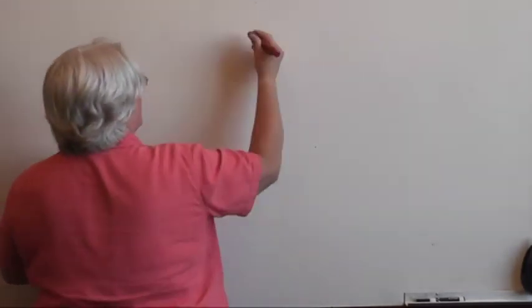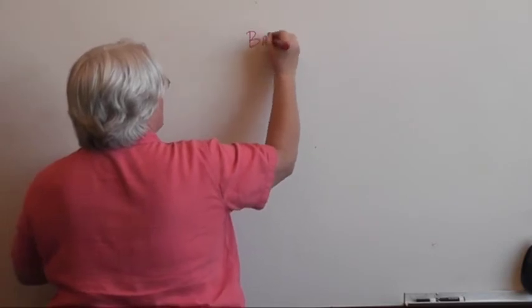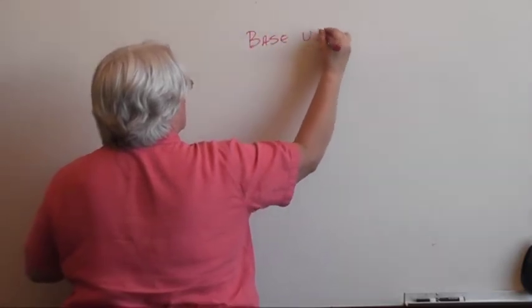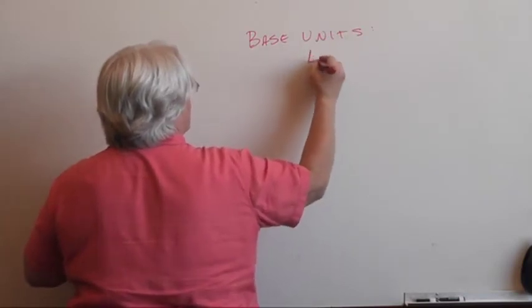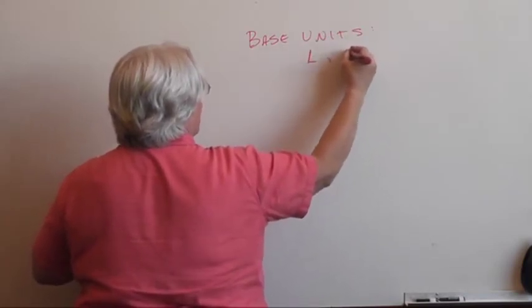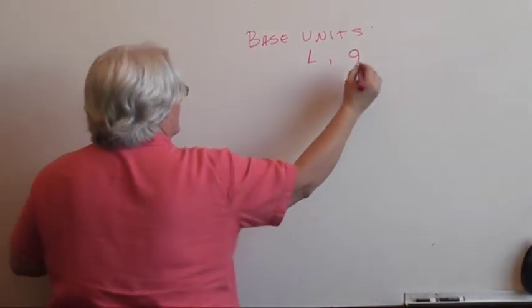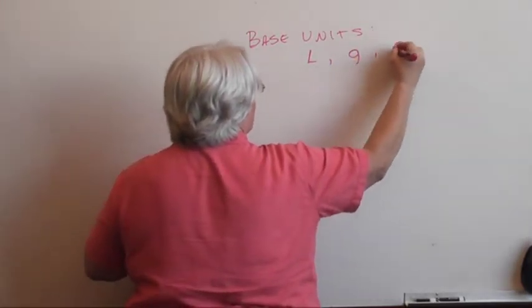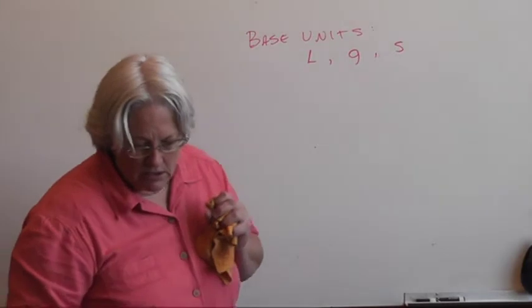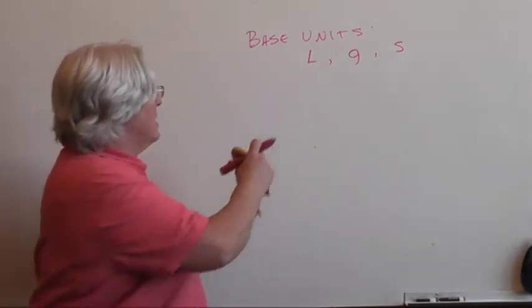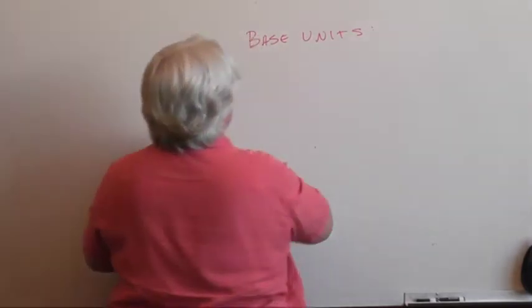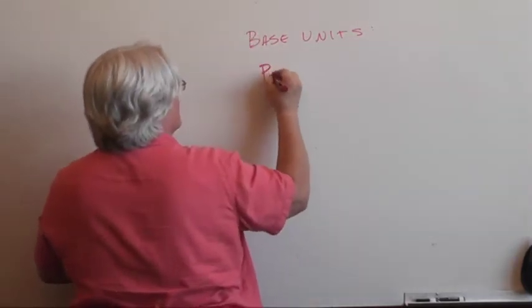So you remember what our base units are. We have our base units, and there are 3 of those. For volume, you have liter. For mass, you have gram. For time, you have second, but we're really not going to talk about time. But these are the base units. And then they also have what they call prefix units.